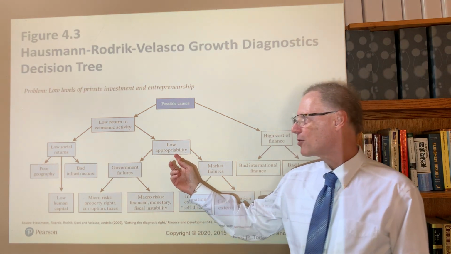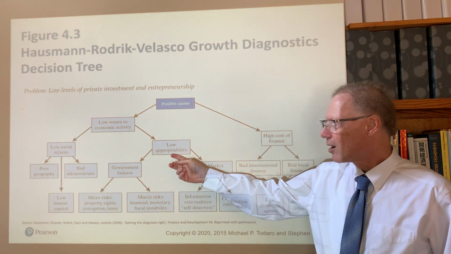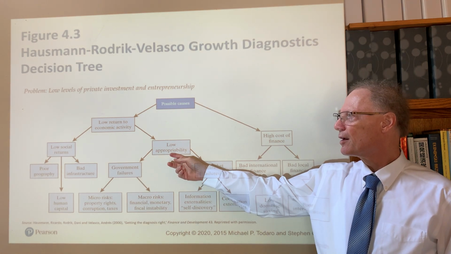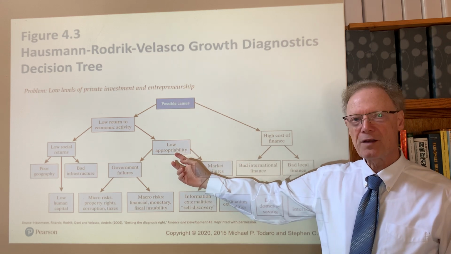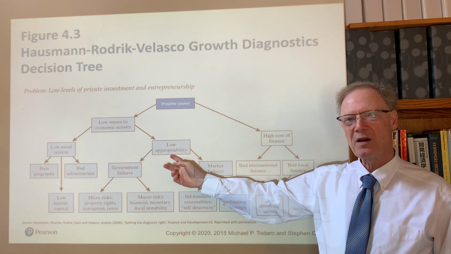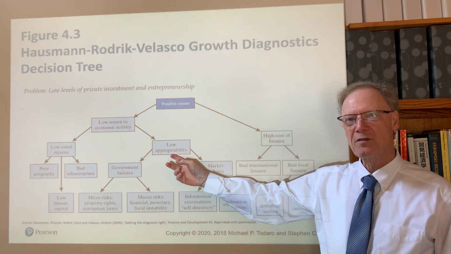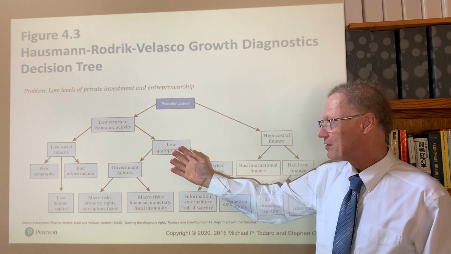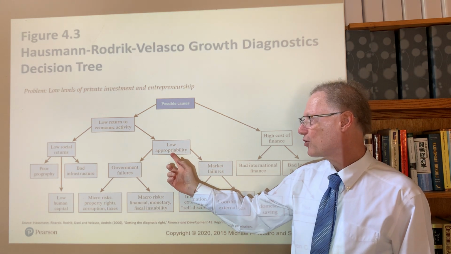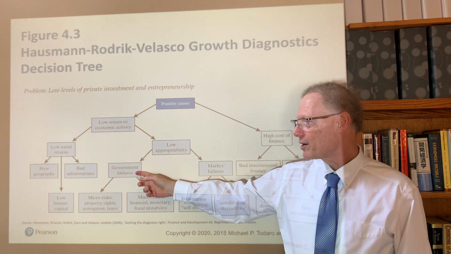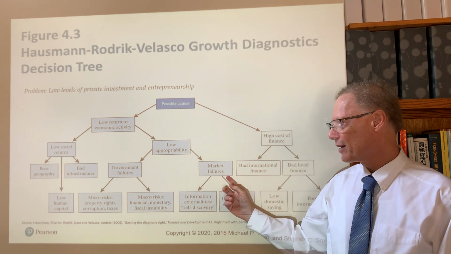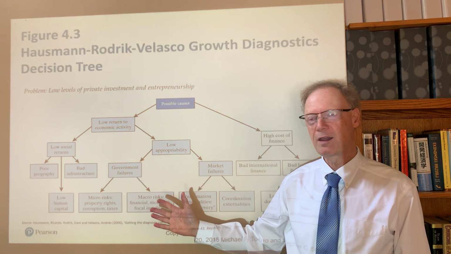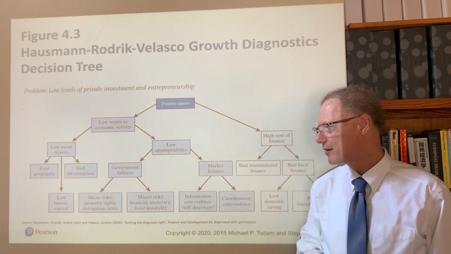The other side is low appropriability. The underlying returns to the activity would be high. The problem in this case is that the entrepreneurs and other investors have low appropriability for their work from the proceeds of their activities or potential activities. And that's important as well. And this can spring from 2 kinds of basic failures. One is government failures and the other is market failures. Among government failures, this indeed is what we have been studying in this chapter 4 of the textbook.